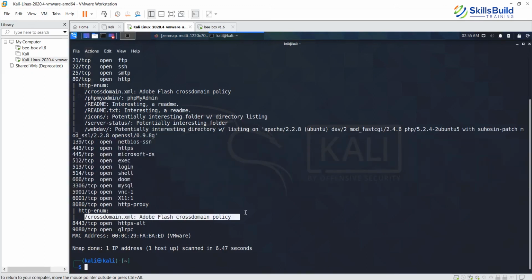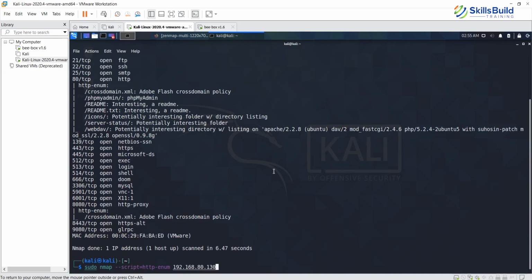So realize that now, instead of running multiple commands to find a piece of information, you are able to just execute one particular script. And remember, the command is pretty simple. If you have administrative privileges, simply type nmap --script equals, and type the script name and the target name.